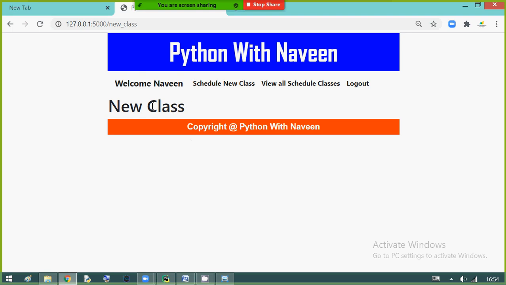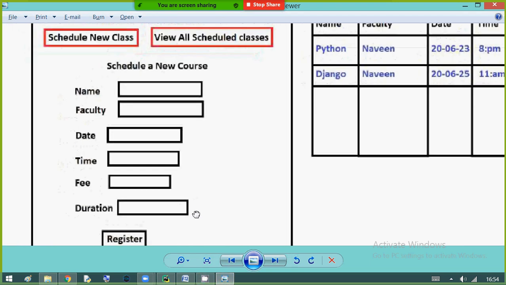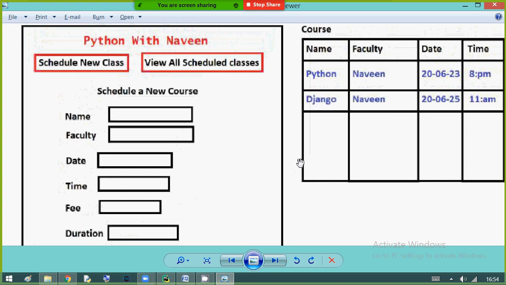Now we need to design this page according to the requirement. Point to be noted, everyone: in the table we have one more column, the number column, which is the primary key, like 1, 2.